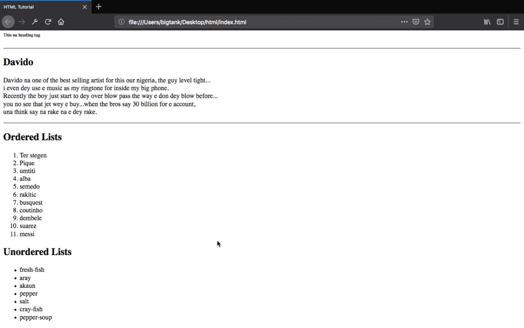So if I run it now, you see what happens. You see the difference now. The ordered list uses numbers to specify each item in this place. But with this one, if you come at random, pepper soup could be the first item here, and the next one could be anything else. Anywhere you want to write things at random, there is no order. That's the unordered list. This is just the basic one that you need.